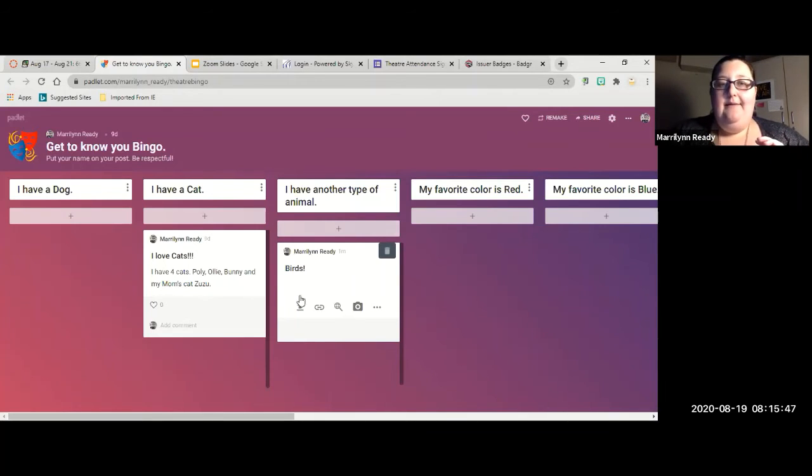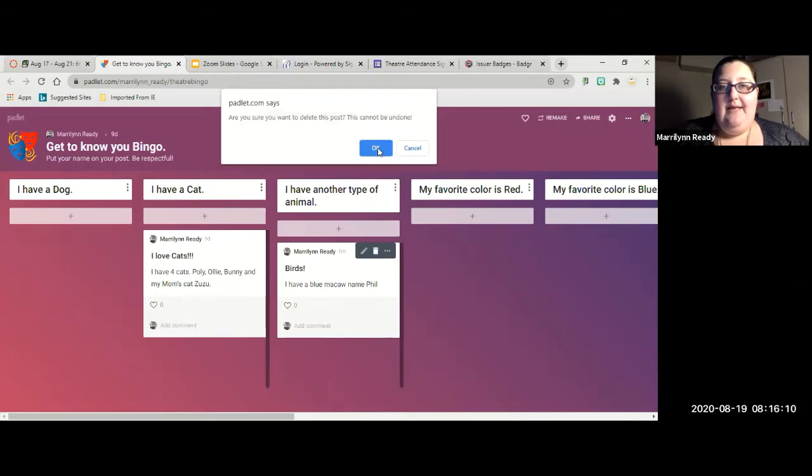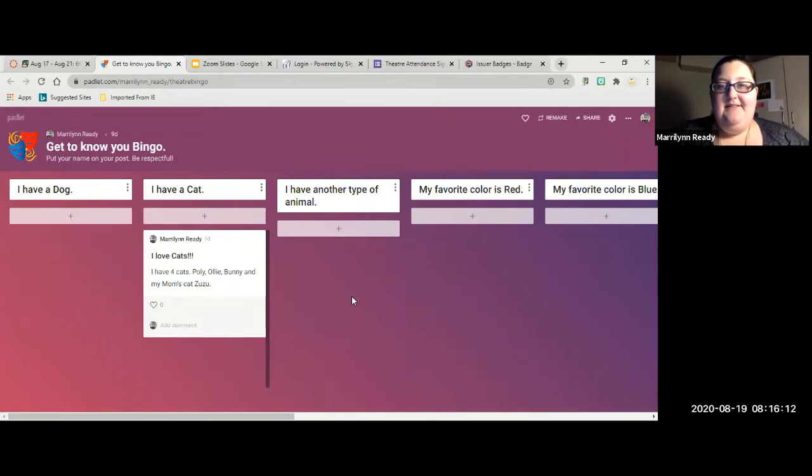And in the chat part, I'm going to say I have a blue macaw named Phil. That's all I have to write. Now I'm going to hit delete because I don't actually have that bird. But for you, you're just going to click away and it will save it.